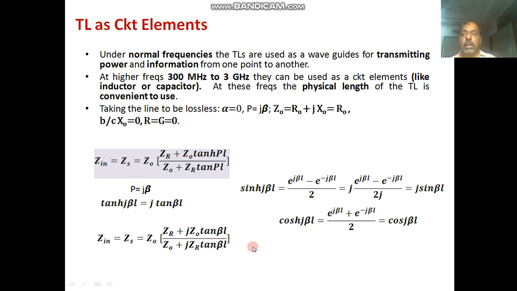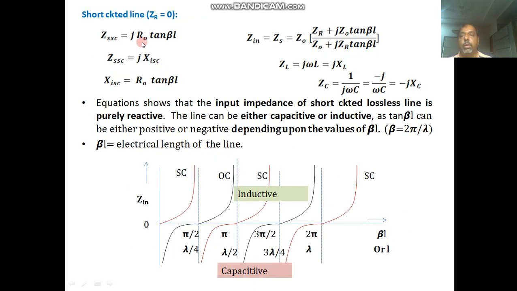Now you see how this transmission line can be used as an inductor and capacitor. Now suppose the load is shorted, if Zr is equal to 0, under short circuit condition the load impedance is 0, so in that case we put Zr equal to 0 in the formula for input impedance, so this term will be 0, and you get the input impedance for a transmission line under short circuit condition equal to j R naught tan beta L. So here we get purely reactive values,